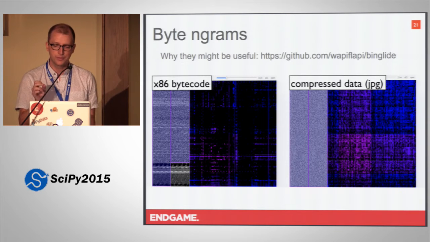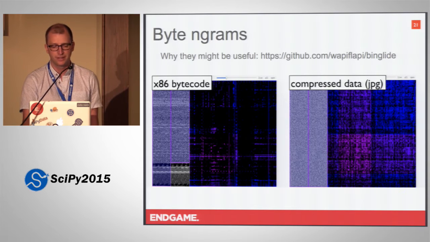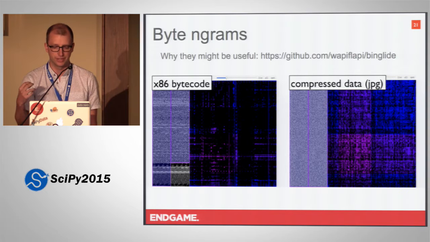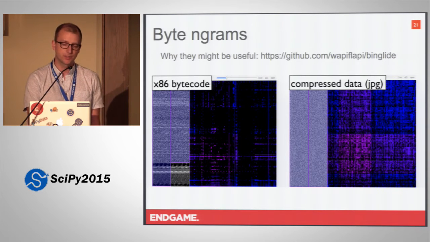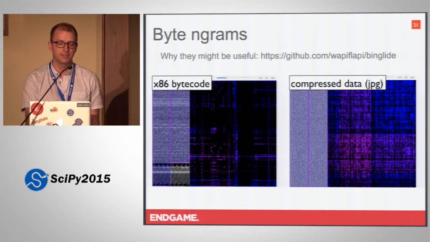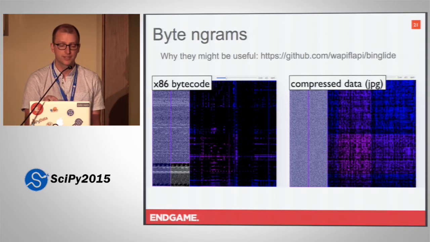I used a tool called BinGlide here. It's written in Python, and these images are just from that GitHub project page, the introduction in the README file. These are just some examples. What you see in each of these images on the left is a strip of the whole data in an example binary, and those strips show the entropy. That allows you to select what parts of the file you're interested in.